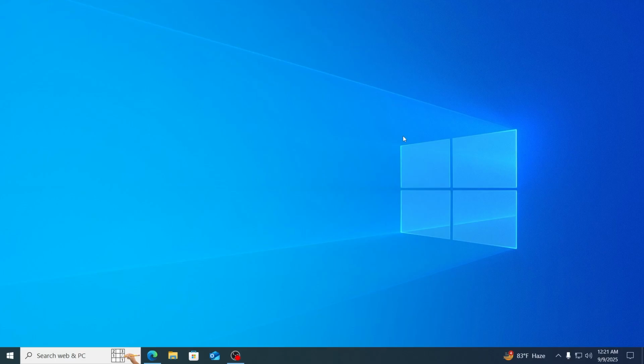And basically that is how to fix game not using your graphics card on your Windows 10 laptop or desktop